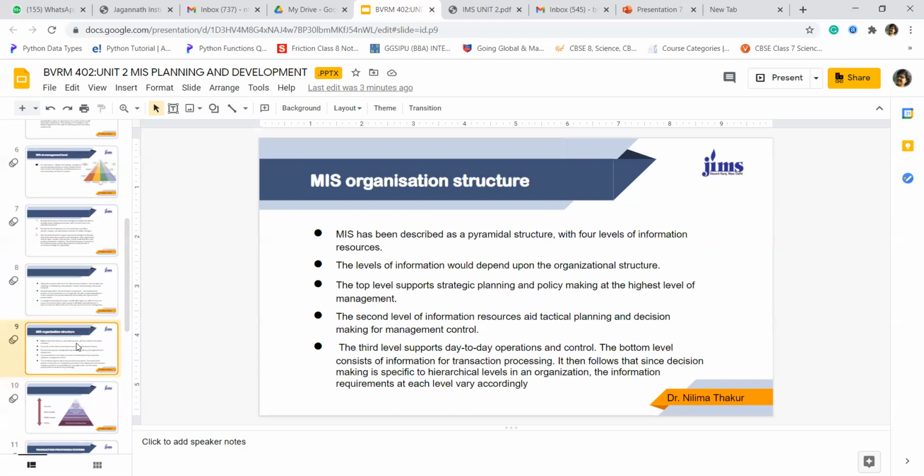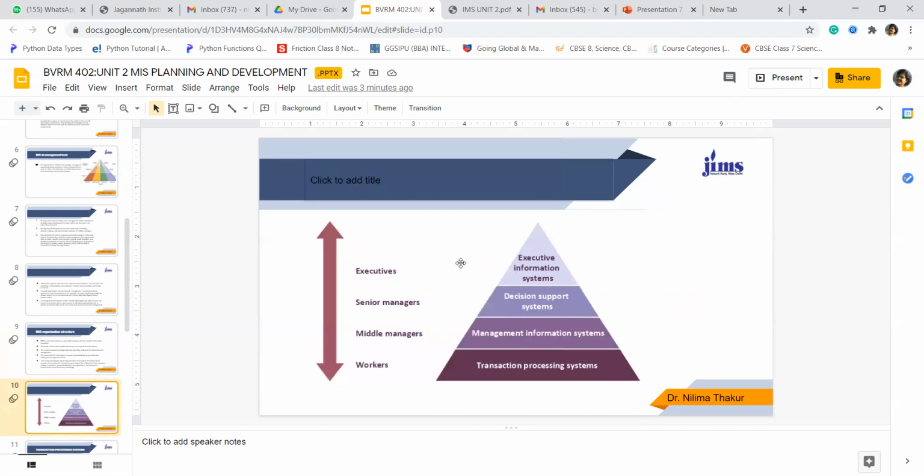The second level of information resources aids tactical planning and decision making for management control, and the lowest, the third level, supports day-to-day operations and control. It then follows that since decision making is specific to hierarchical levels in an organization, the information requirements at each level vary accordingly. You can see here in this slide,